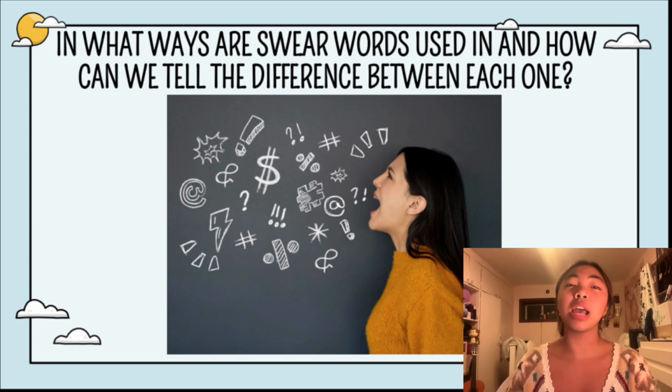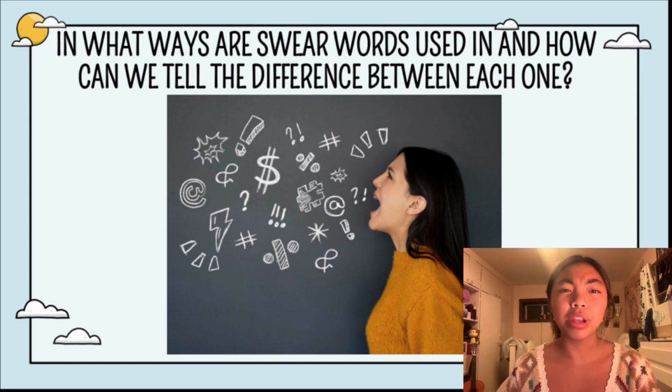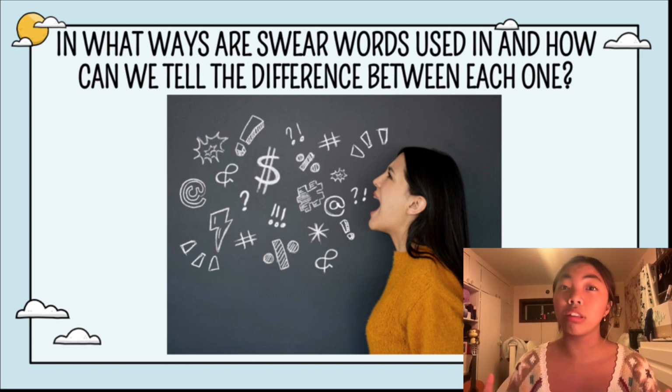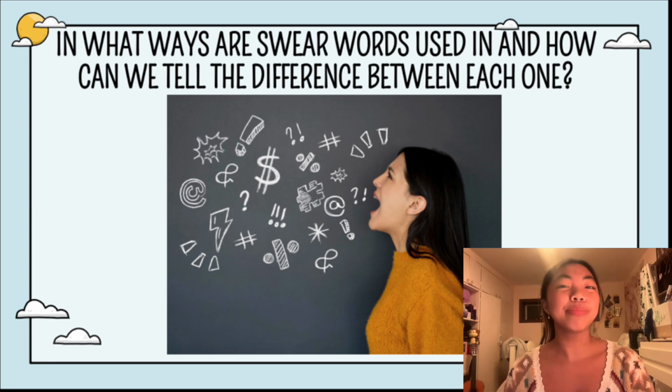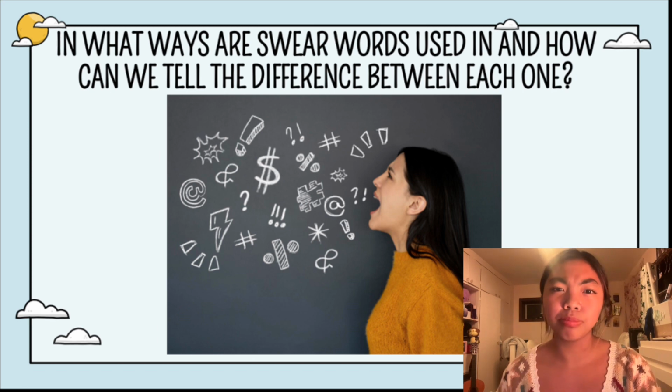Well, after taking the time to read lots and lots of peer-reviewed articles on how swear words can be used in many different ways, I realized that understanding the context behind when and how these words are being used makes tough situations, when you can't tell if you're having a normal conversation or a dangerous one, a lot easier to differentiate. But don't worry, in the next couple of minutes I will go over 3 different ways that swear words are mostly used and how we can tell the difference between them.